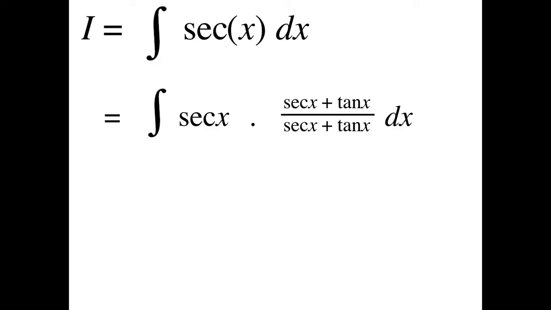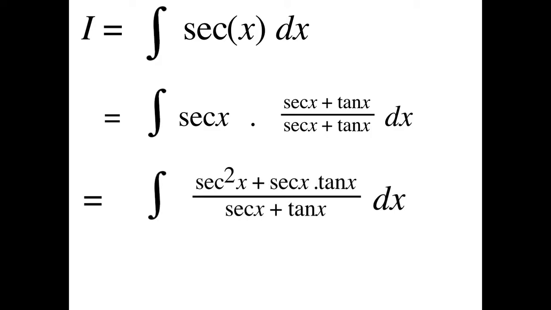So the integration of sec x times (sec x plus tan x) divided by (sec x plus tan x) dx. Now why do we use this kind of a trick? It's simple, to get some result, right? So the result goes in this way: the integration of (sec squared x plus sec x times tan x) divided by (sec x plus tan x)